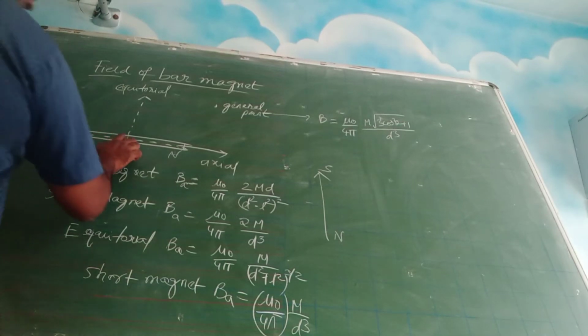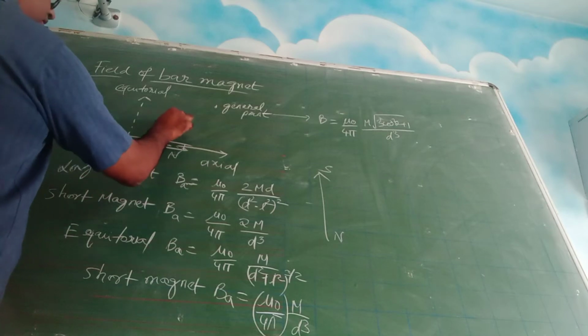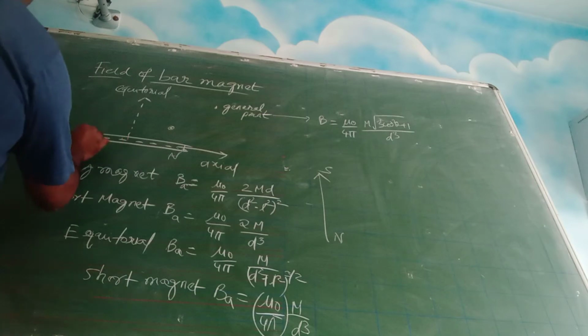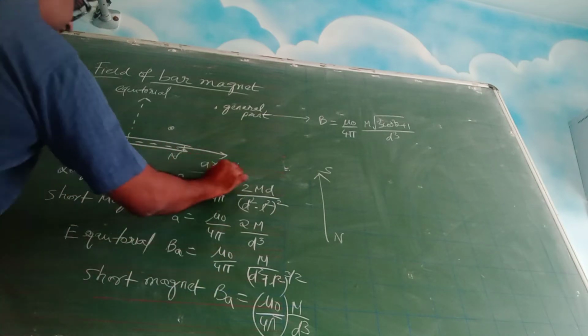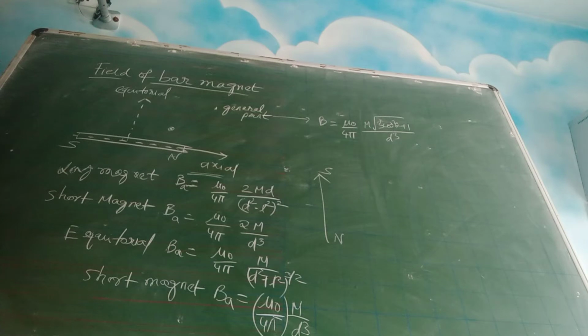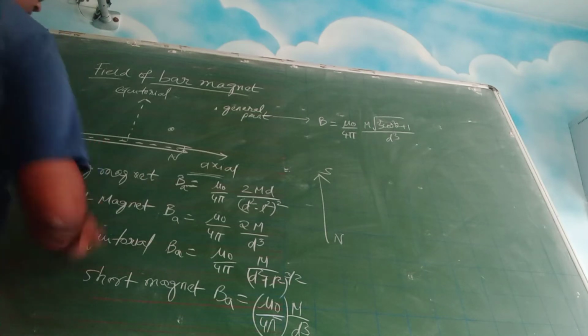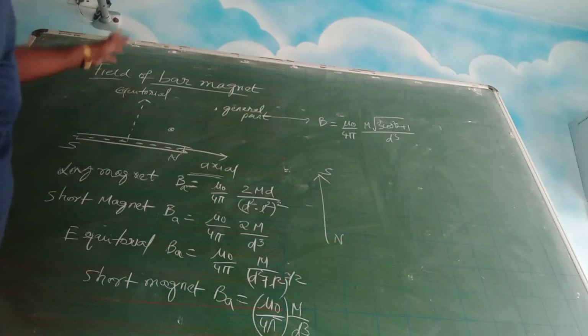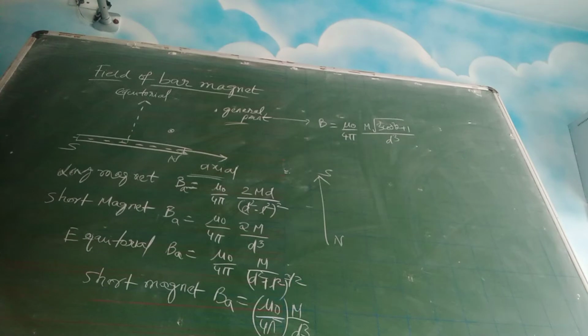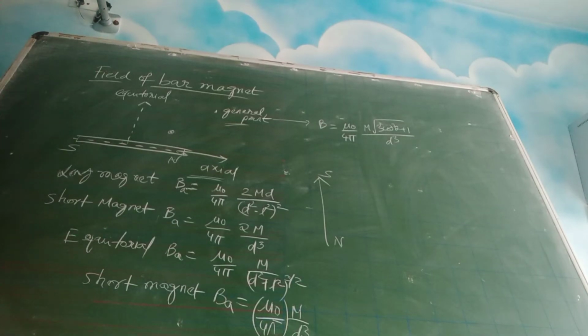If there is a magnet and I take a point somewhere near it, how strong is the magnetic field? That will be given by a physical parameter called B, and it is a vector. If you take this magnet, this is the axial line, the axial direction, and if you take from the center, it is called the equatorial line. So you will have a magnetic field strength along this line and along this line also, and you can take a general point which is neither on the equatorial nor on the axial. So for the long magnet,